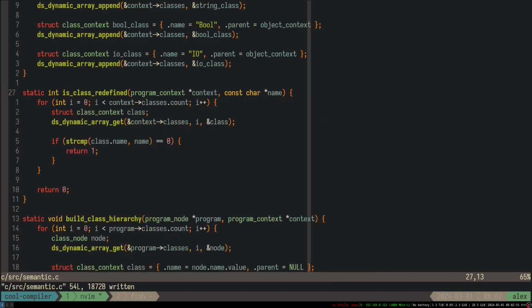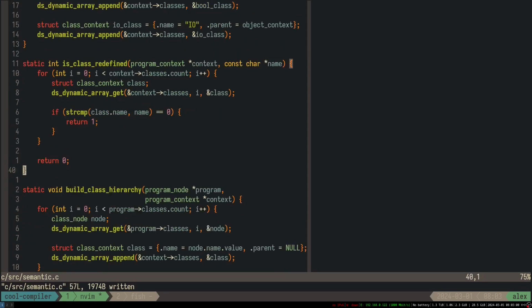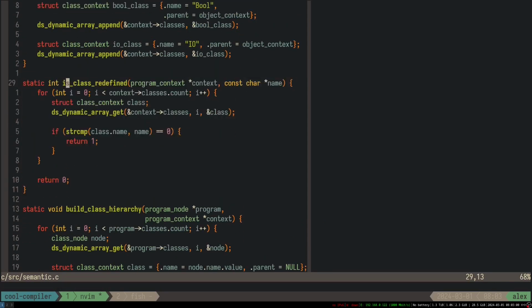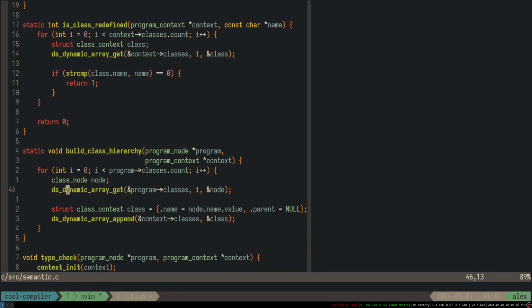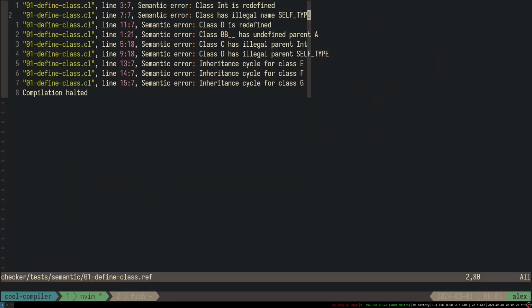Let's have like a predicate naming convention for this stuff. So yeah, this thing is gonna tell us if the class is redefined, and yeah, if it is, then we should show the error. But yeah, we have to show the file name and stuff. So